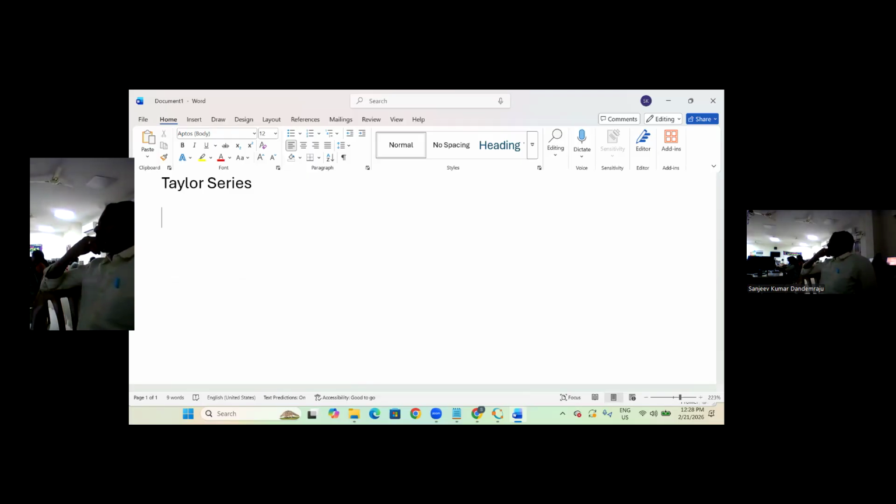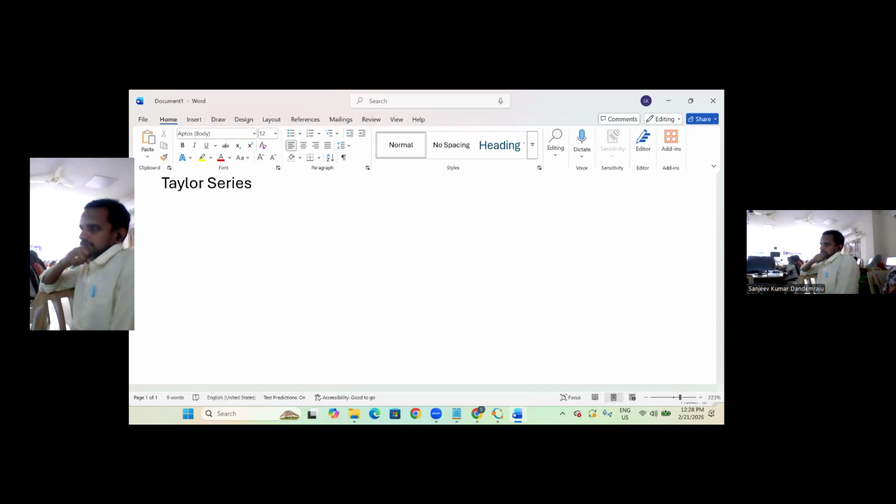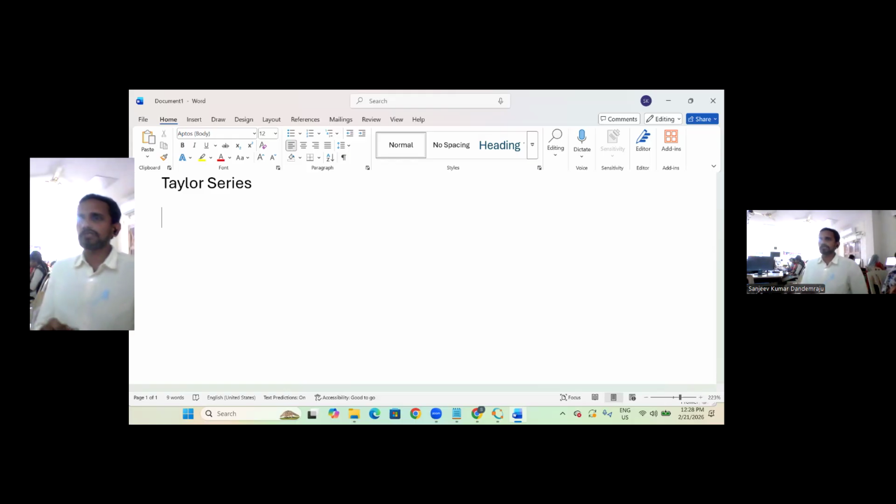Okay, so any function whose differentials exist, any differentiable function can be written as a Taylor series. Power series expansion చేయవచ్చు. Differentials exist అయ్యేటువంటి ప్రతి function కి, and it can be written as